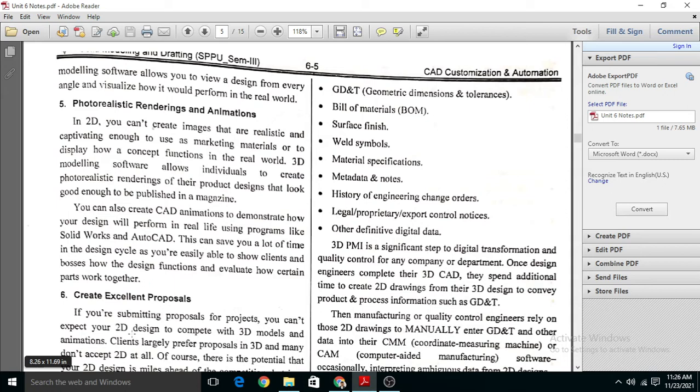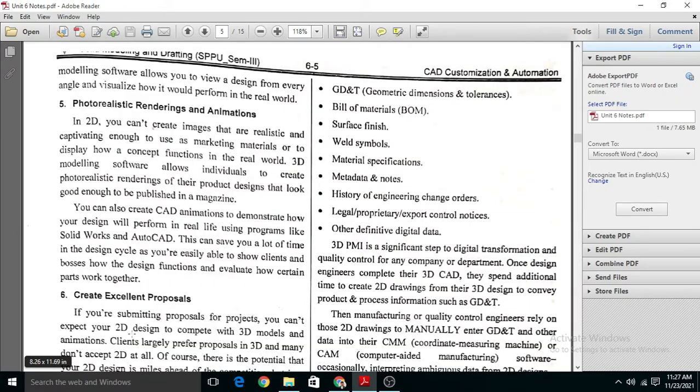Then, create an excellent proposal. By using a 3D model, we can visualize the object clearly to the client. We can make the photorealistic effect in it. We can make the animation in it.